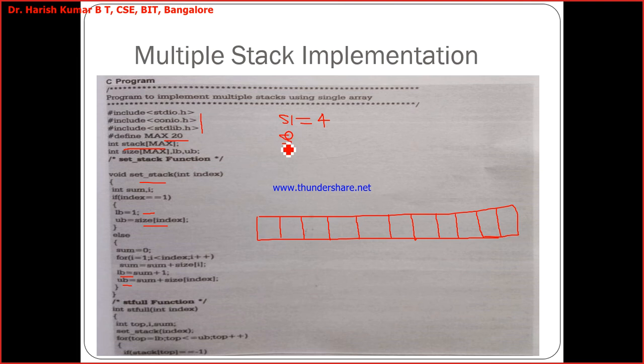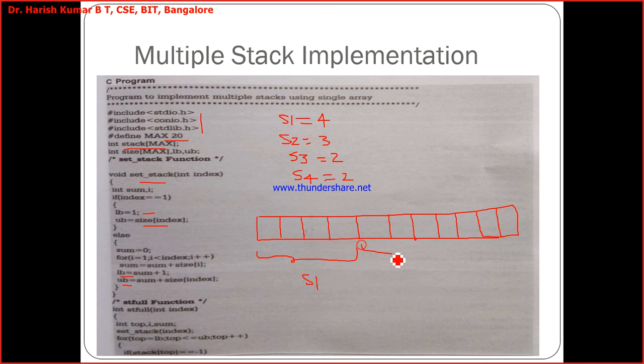Okay, S2 size 3, and S3 of size 2, and S4 of size 2. Okay, now this S1 is from here to here,